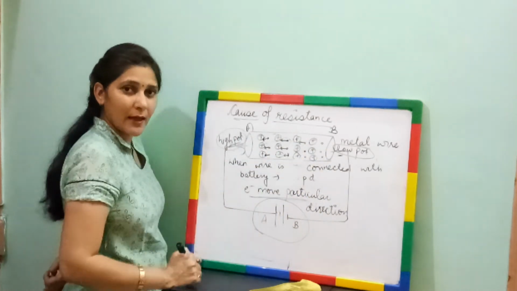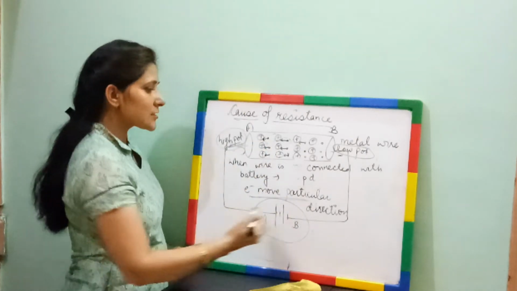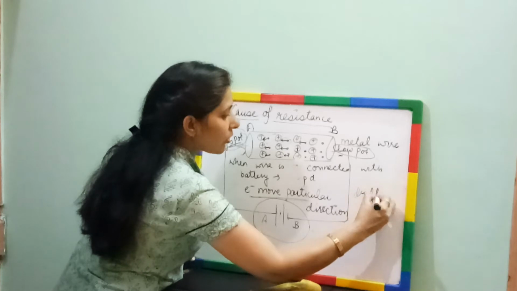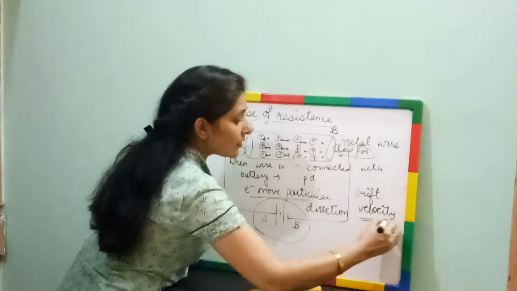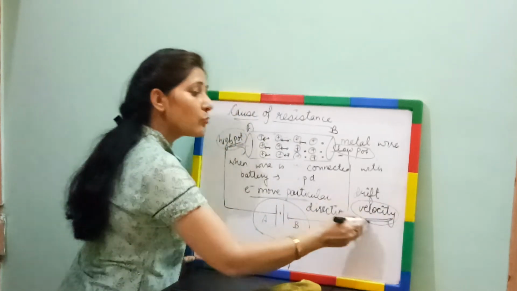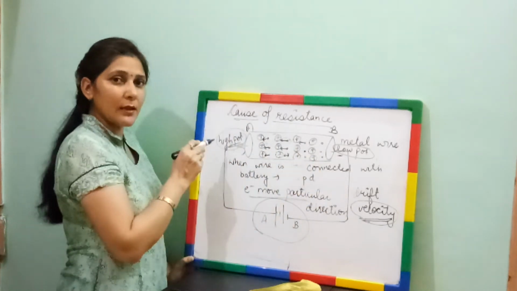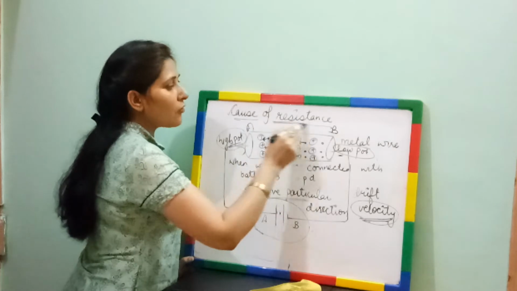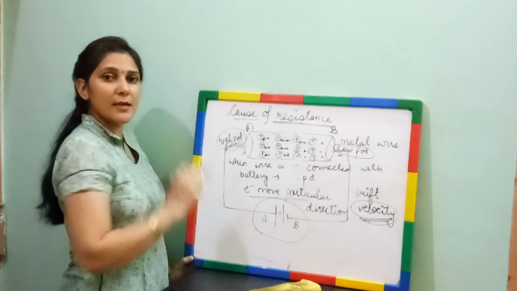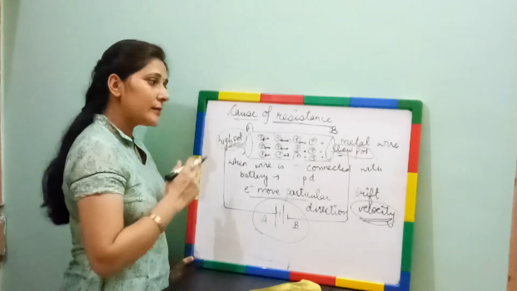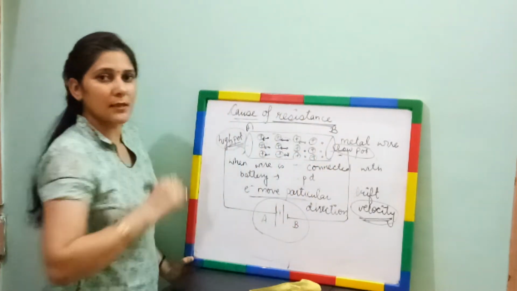धीरे धीरे वो खिसक कर आ रहे हैं. And this velocity, means decreased velocity of the electrons, is known as drift velocity. What we call that? That is known as drift velocity. But still, what will be the conclusion? The electrons are moving, they have velocity. That means electrons are moving from one part to another, but they are offered with some hindrance. Some obstacles are there. The positive charged ions are offering the hindrance, but they are able to move because of potential difference. This is the cause of resistance.